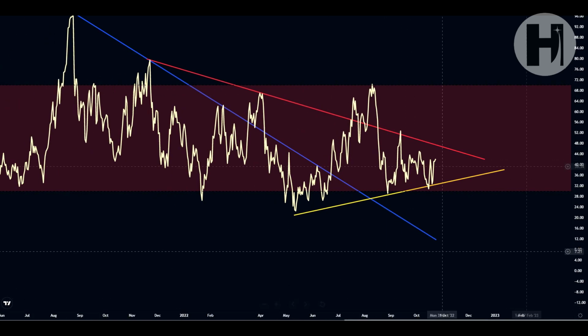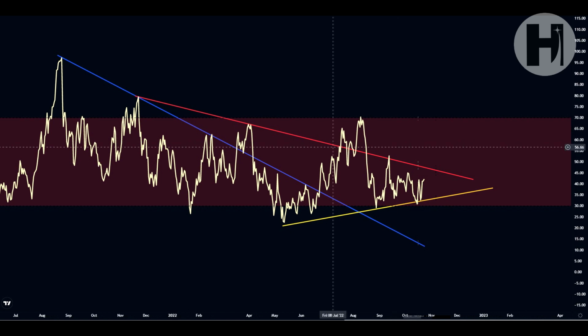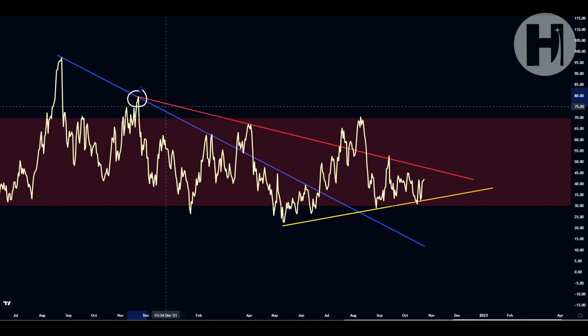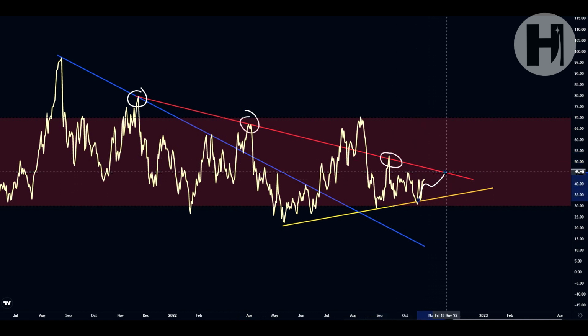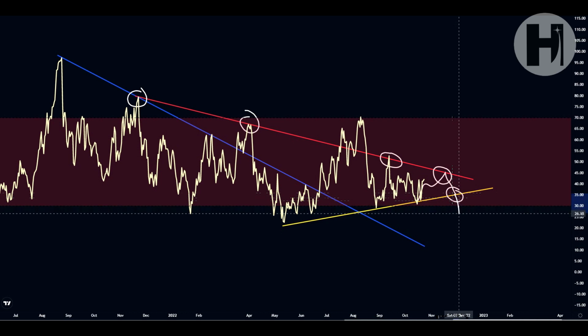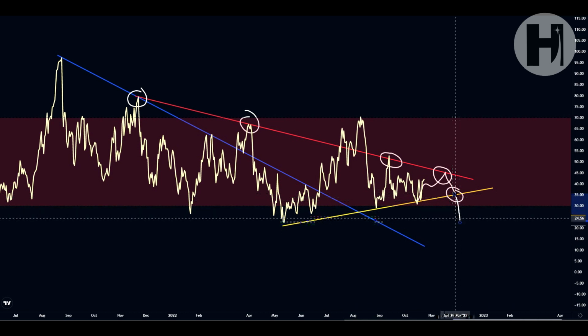Now that would be a very bullish thing to do because we've done that once here in July and in August, but we couldn't solidify and we couldn't hold ourselves above the red trend line. As you can see here, you have one touch, second touch of the red trend line, and a third touch. Potentially, we may run into that as resistance once again here in October/November, and I would look at support at the yellow trend line. Losing that support, you're probably going back into the oversold,